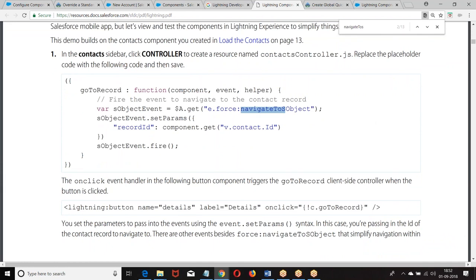So what was this? e.force:navigateToSObject. Now we need to give which object you navigate to, a particular record, so we need to pass the record. What I'm doing is recordId equal to the ID of the record. Once I send this data, the record will be saved and we get the record ID, because in force:recordData we have the attribute recordId. Whatever ID we have taken, we store in the attribute.